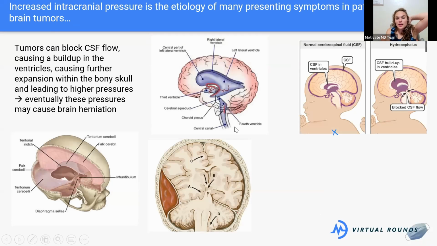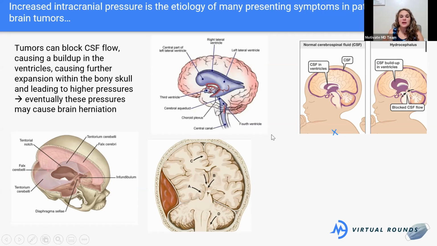So let's take a look at some of the pictures here to go into more detail about increased intracranial pressure. I don't know if you guys have learned yet about the ventricular system in the brain. As I was saying earlier, you have cerebrospinal fluid in the brain. It coats the brain, and it cleans it. It washes out all the toxins at night, that kind of thing. And it gets reabsorbed up here. So it's this entire system, right? It's in these ventricles where it's made, and then it travels around, goes to the top of the brain, gets reabsorbed, and